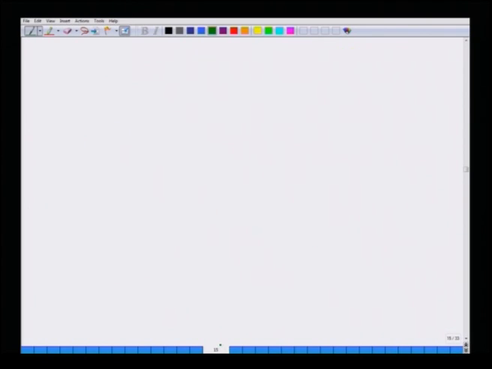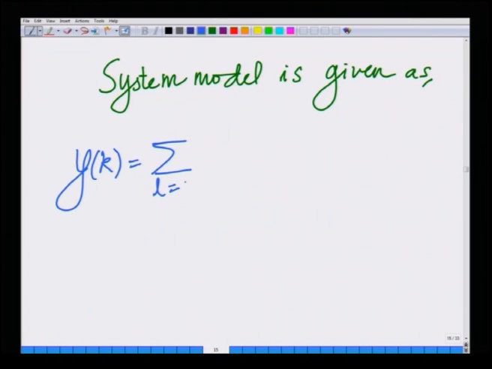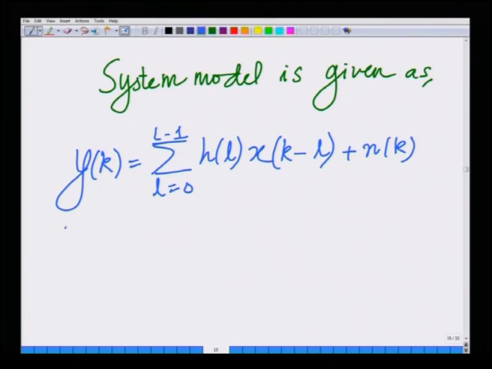In fact, the system model is given as y k equals summation l equals 0 to L minus 1 h of l x k minus l plus n k, which essentially translates to, if you look at y k, y k equals h 0 x k plus